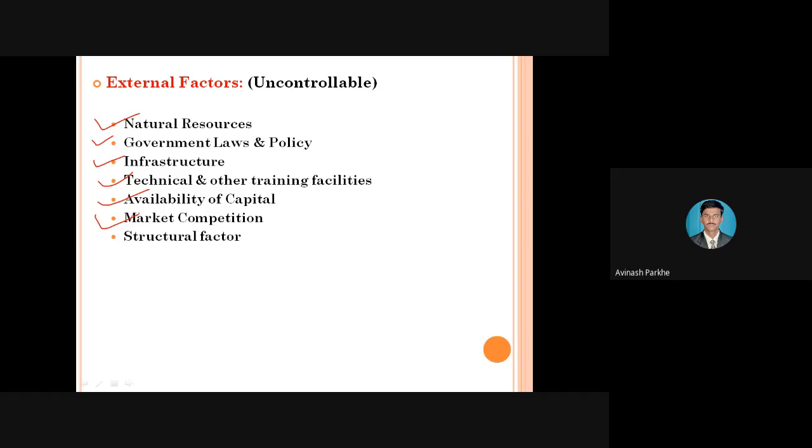It is uncontrollable. If another organization is giving the product for 50 rupees, and we are providing the same product for 55 rupees, the customers will not be attracted. So for that purpose, we have to reduce the cost of our product, maybe from 50 to 48, 47. Then the customers are attracted towards you, and automatically your productivity can increase. But it is not in your hand. Therefore, market competition is also one of the external, uncontrollable factors.